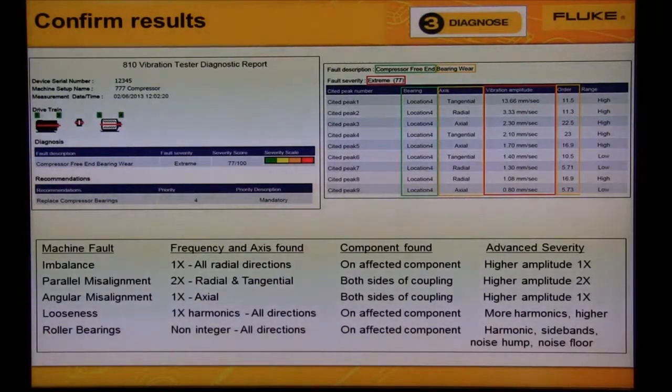In the example report on the upper left, we see extreme compressor bearing wear. From the chart at the bottom, we see that roller bearings have a pattern of non-integer peaks in all directions. The cited peaks in the upper right show the peaks that the diagnostic engine found above the baseline to support